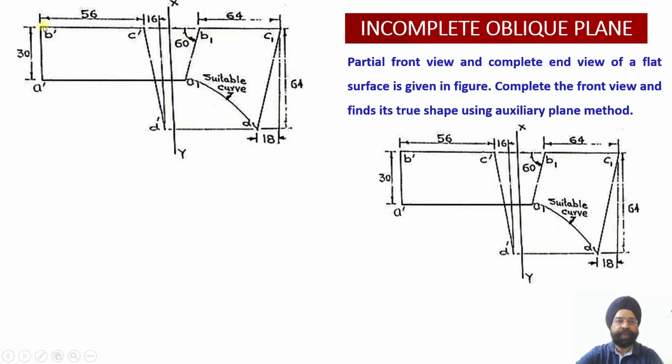So please check this out once again. This is our endeavor. A dash B dash happens to be parallel to XY. You can see this construction over here. Since A dash B dash happens to be parallel to this intermediate plane reference line XY, the projection which is obtained in the plan, that is A1 B1, will give us the true length of the line